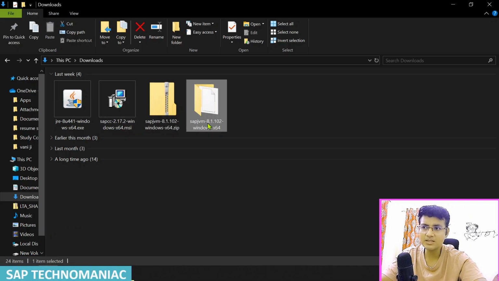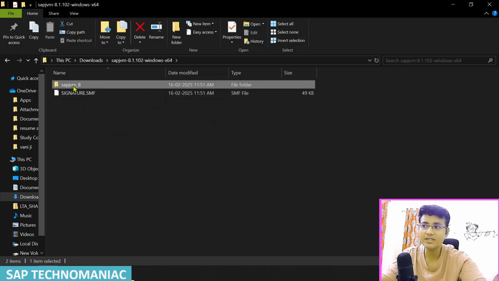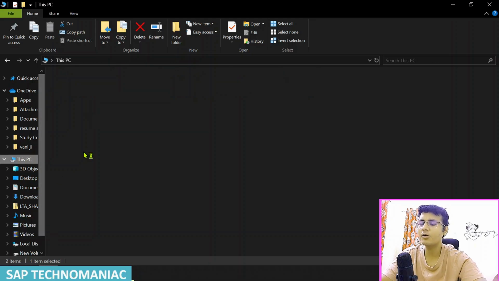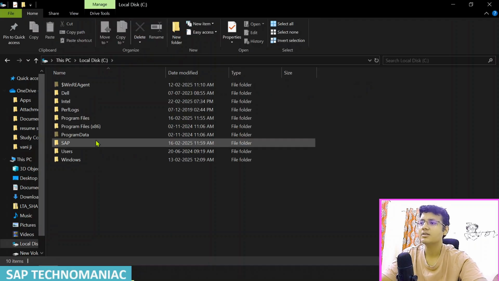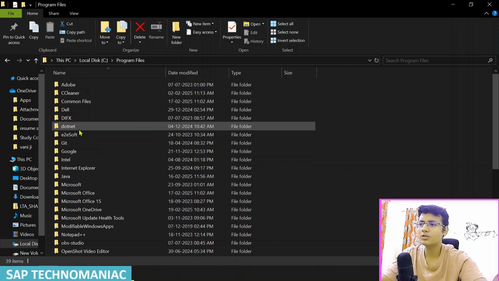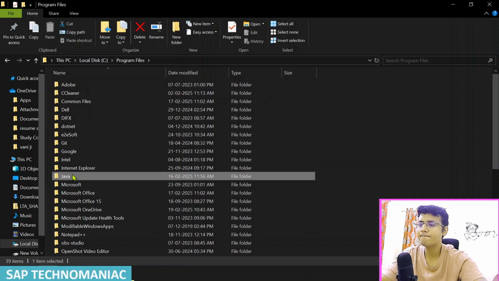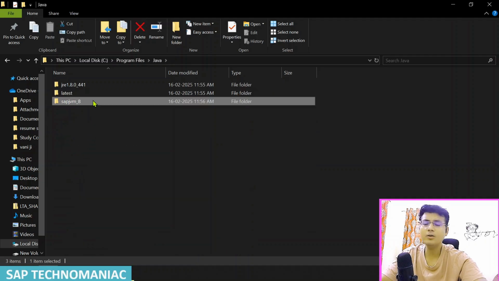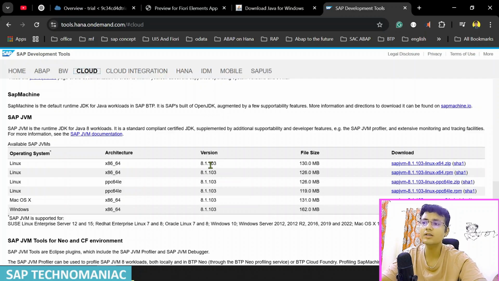You have to go inside and copy this SAP JVM _8 folder. Then you have to again go to your C folder, go to the Java folder, and inside the Java folder you can paste this SAP JVM _8 folder. Once it is done, the next step is you have to install the